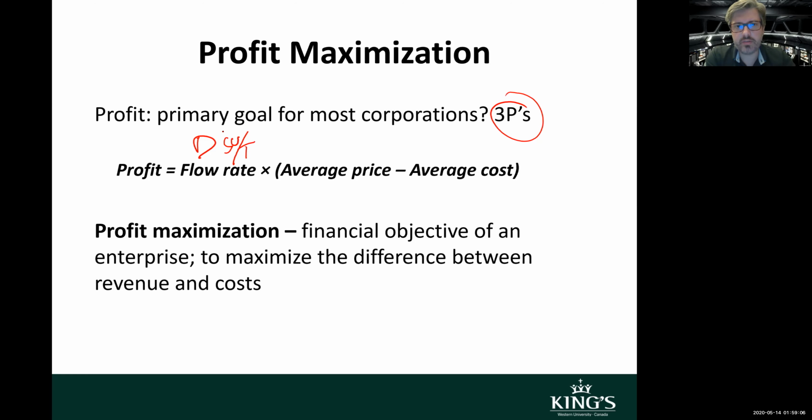And you might want to think about these units in terms of a dollar value. Your average price, this is the value offer to your client. And your average cost, this is obviously how efficient